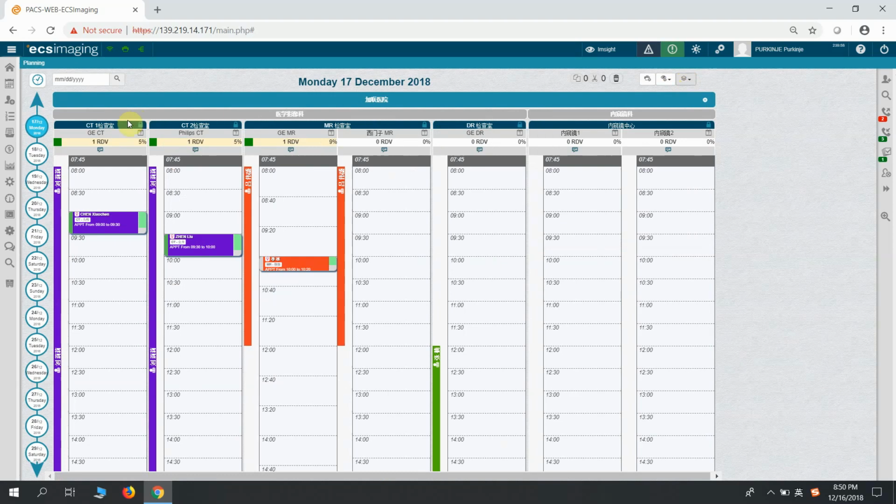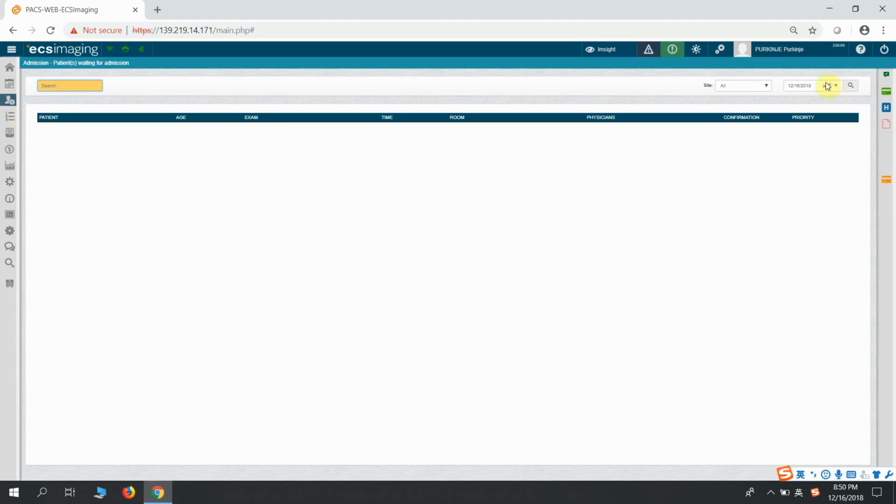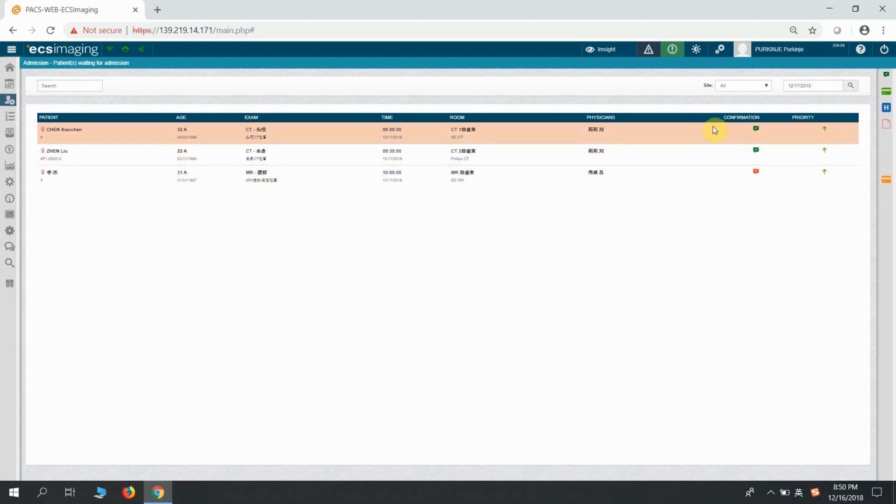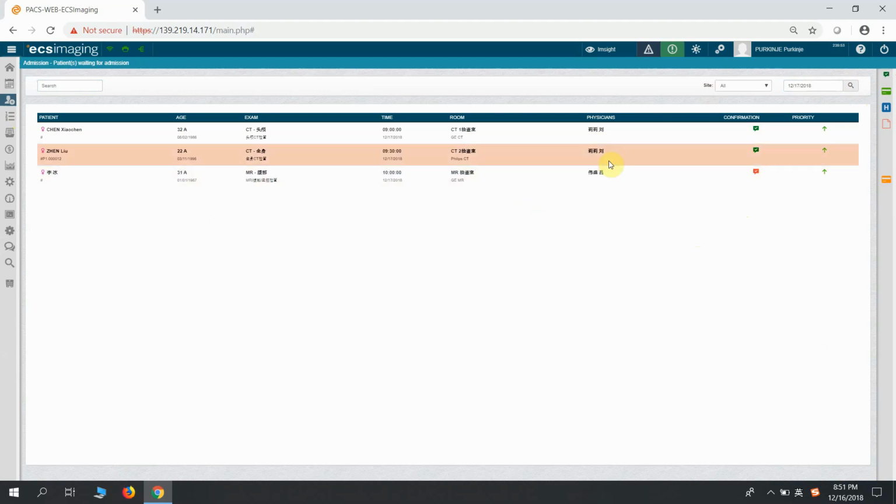So here we already made an appointment for this patient. You'll see go to admission. So we will check for tomorrow. And we can see this is the patient that already made an appointment. When this patient, for example, Zheng Liu, arrived, I want to admit her. So I click here